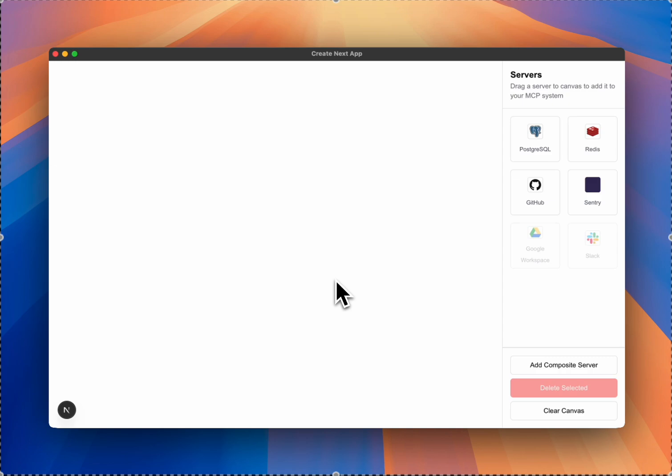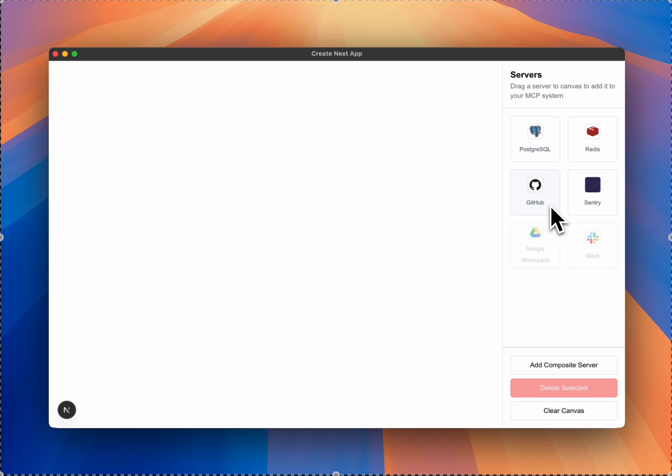This is Fusion, which is an MCP server orchestration platform. On the right here, you see a bunch of pre-built MCP servers built by third-party developers. Normally, you would only be able to see the context space of a single MCP server at a time, but with this orchestration platform, we want you to be able to see the distributed context spaces of multiple MCP servers